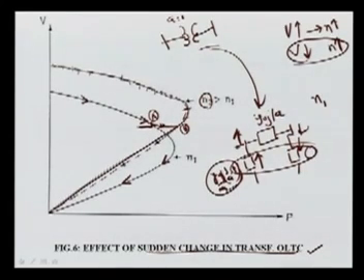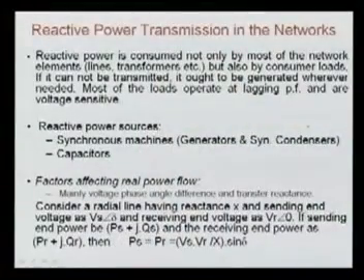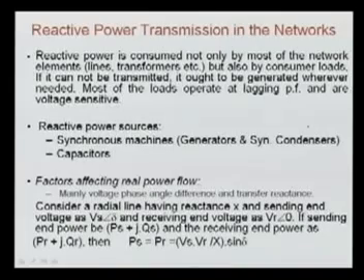So basically all these voltage instability phenomena are the case of reactive power, that is, the reactive power requirement in the system. What is the reactive power status? That is reactive power loss as well as reactive power generation. Now, reactive power is consumed not only by most of the network elements like lines, transformers, and reactors, which absorb reactive power, but also by the loads.